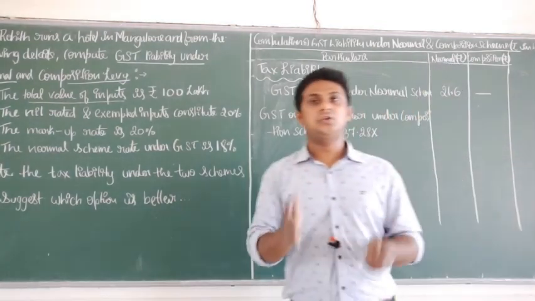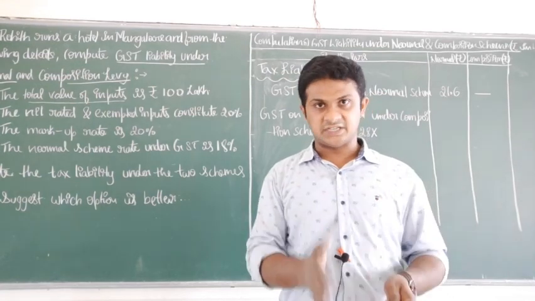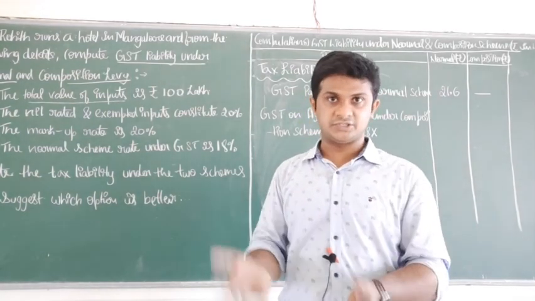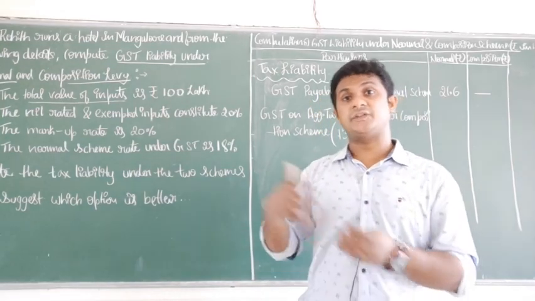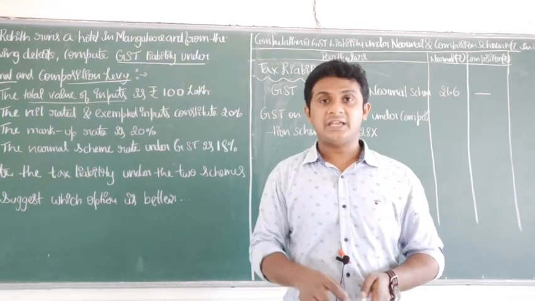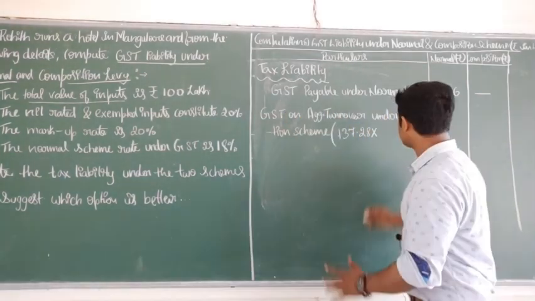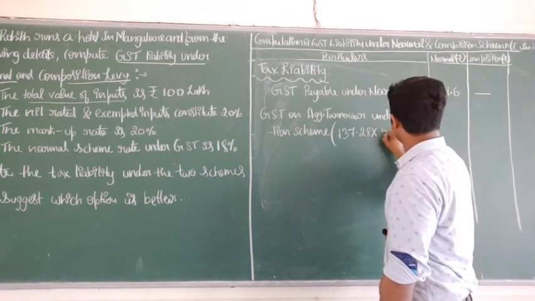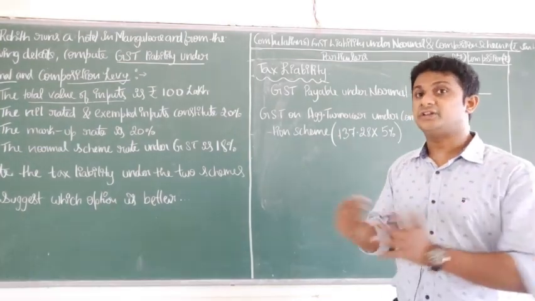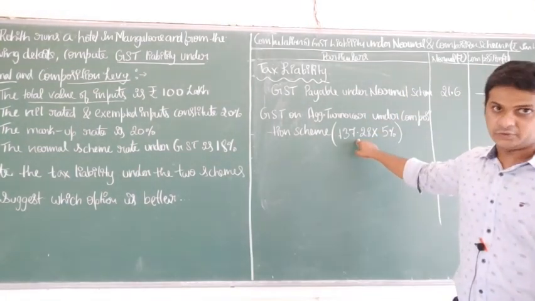So as you all know that under composition scheme 3 types of GST is chargeable. So that depends on the type of business a person is doing. So since this is a case of restaurant business where Rohit is running a restaurant, the applicable tax rate is 5%. So that we have to charge here. So tax rate is 5%. So 5% GST is charged on the restaurant service provided by Rohit on the aggregate turnover or invoice value